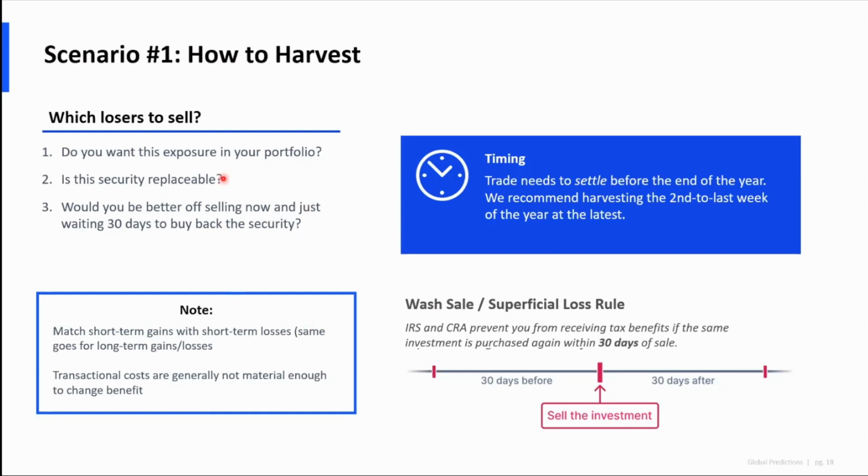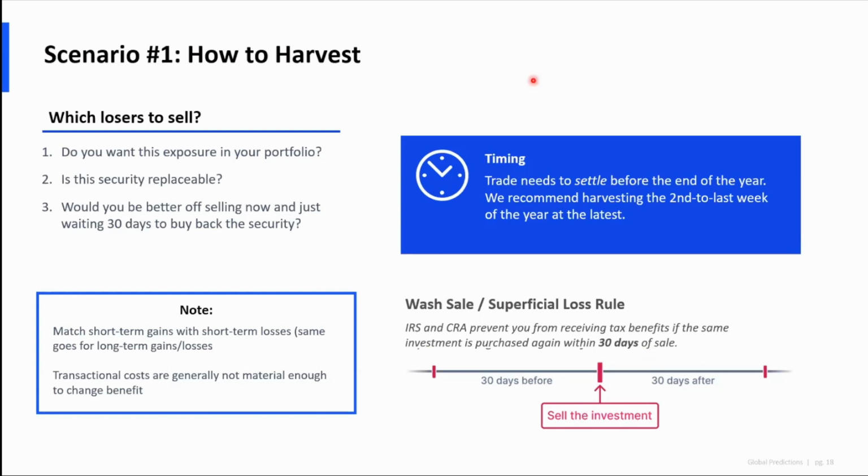Assuming that you've gone through those two questions and you can't really find anything else, you do have the option of selling something, waiting 30 days so as not to trip this rule, which again we're going to talk about in a second, and then buying it back later. Whether or not you want to do that is more your discretion. It's less of a clear win. Personally, I think it often makes sense, because saving money on taxes is mostly risk-free, and it's tough to say if whatever security you are going to hold is going to do well over the next month or not. But it's really up to you, and it depends on your specific and personal circumstances about whether you want to sell something and wait.